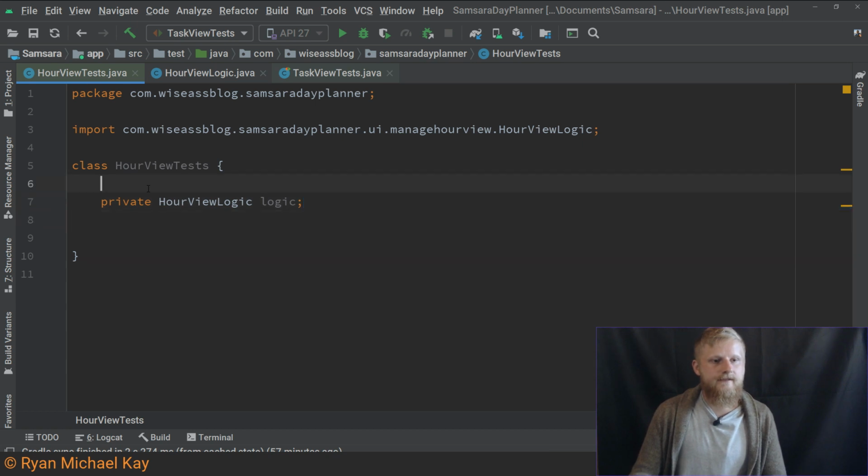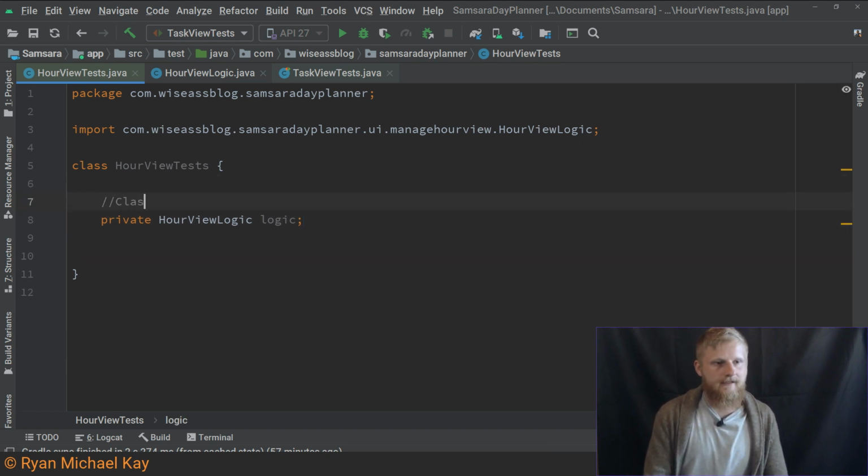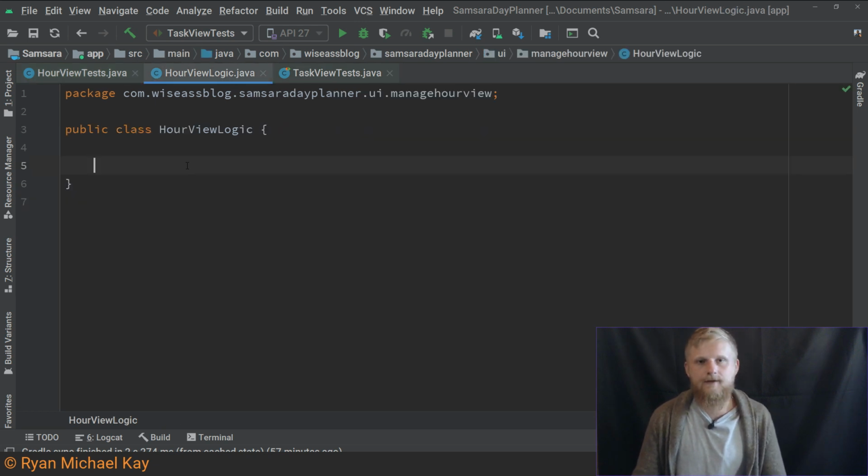Okay, so this is the actual class to be tested. Now, I haven't written it yet. We're going to write it as we write the tests. That's more or less test-driven development. So this thing will need to have